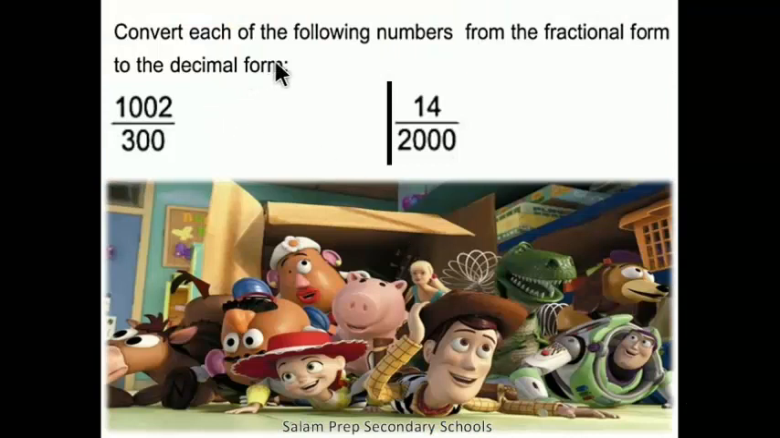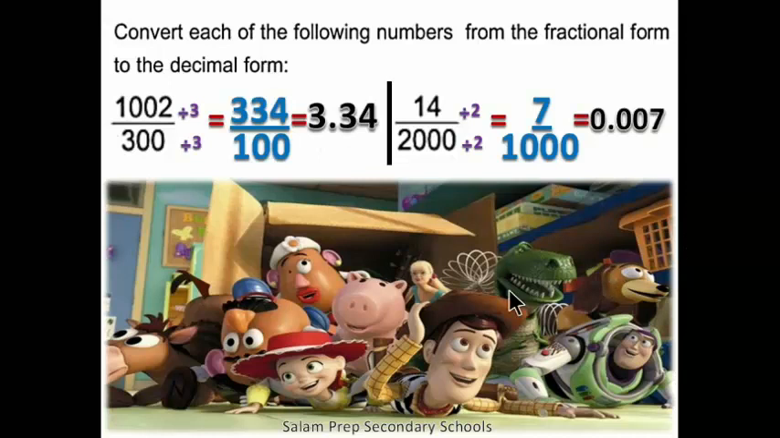Convert each of the following numbers from fractional form to the decimal form. 1002 over 300. We can make this denominator to be 100. 300 divided by 3 equal 100. 1002 divided by 3 equal 334. This is an